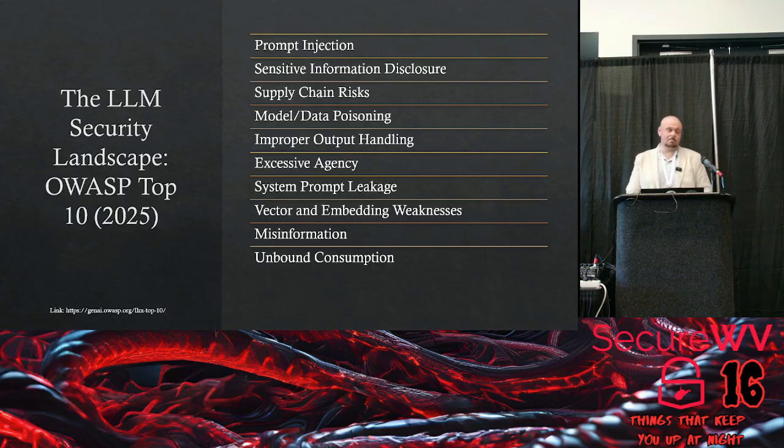Supply chain risks. It's not much different than most software supply chain. Model data and poisoning. Inappropriate output handling. Excessive agency. System prompts. Vector and embedding weaknesses. And then the classic one of misinformation. You would be surprised at the vast amount of misinformation that's often cranked out that people assume is 100% accurate. We're going to stay away from the lawyers that seem to get sanctioned and fined all the time for presenting completely hallucinated cases and citations in open court.